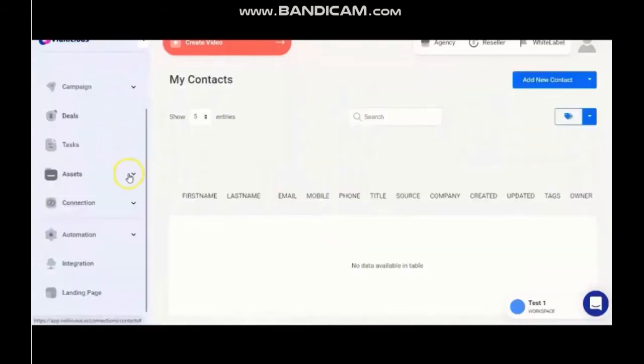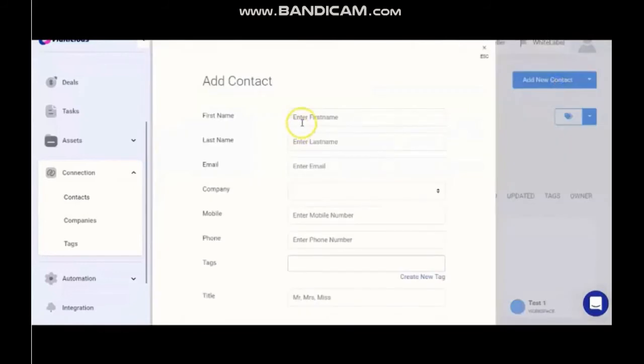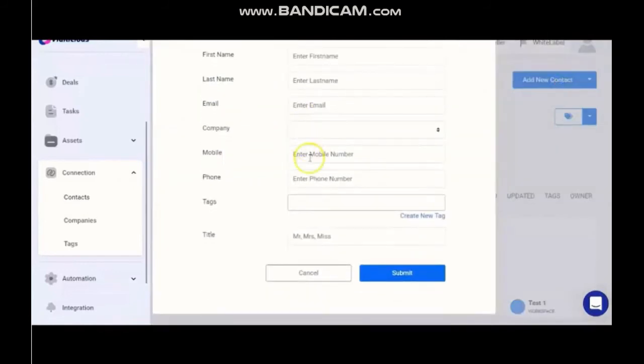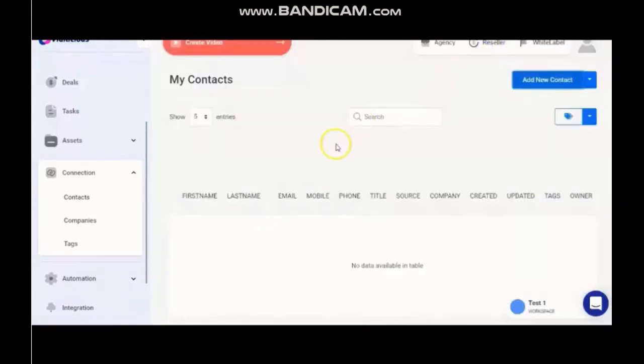Now I just want to cover this section here, which is connection. So what you can do is literally mail or SMS this video onto different contacts. So what you need to do is go to contacts, add new one, and then you can add first name, mobile, or whatever, submit, and then that's going to be interconnected to be able to send it out. You can do it with companies as well,